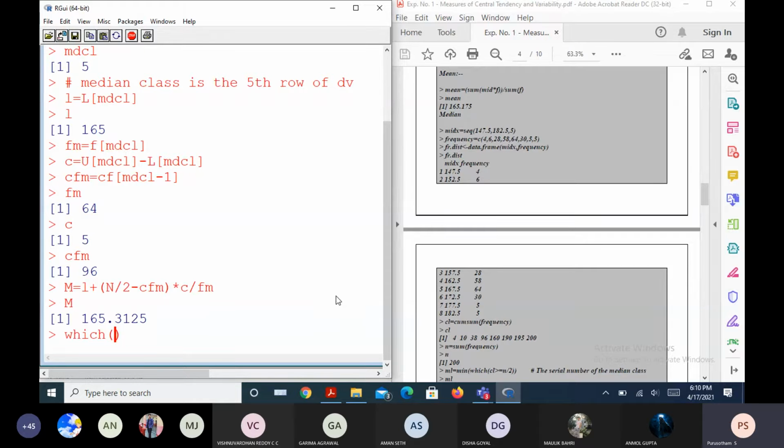How can we write the line so that R can identify the value and give us the same? Sir, max of which f?